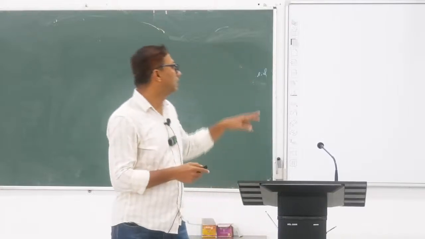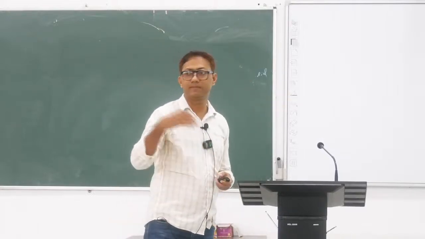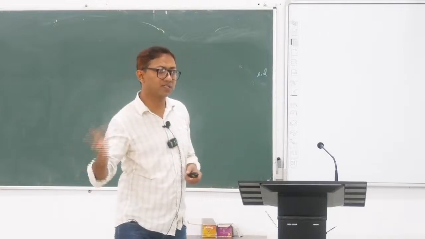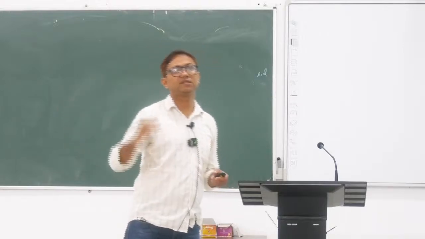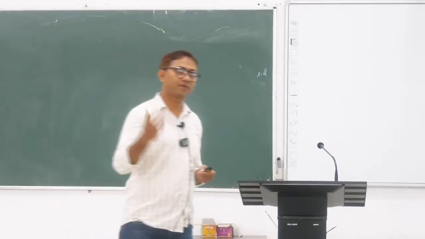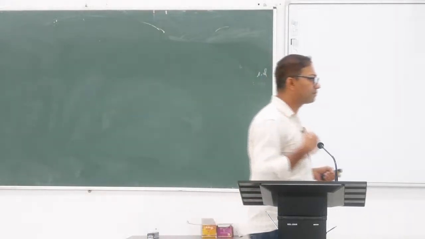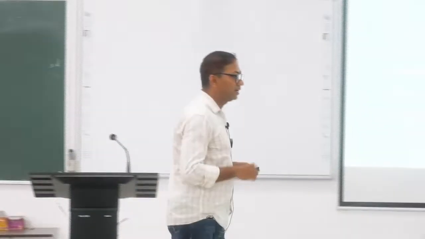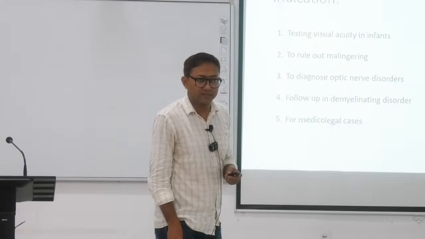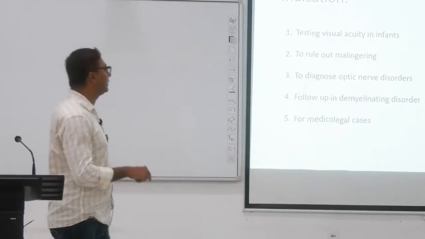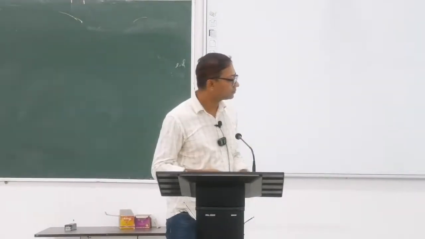So to follow up in a demyelinating disorder, whether the patient is getting worse or remaining stable, we can perform visual evoked potential every 6 months or every year to check the progress of the disease, right? And for medico legal purposes definitely. Next,